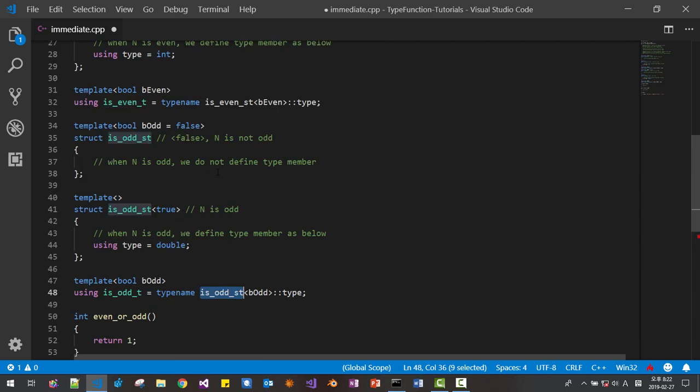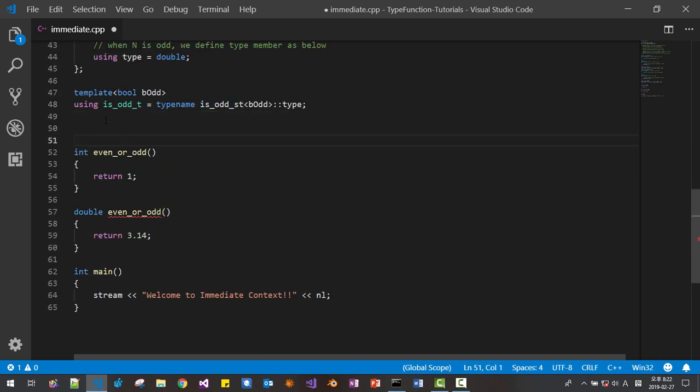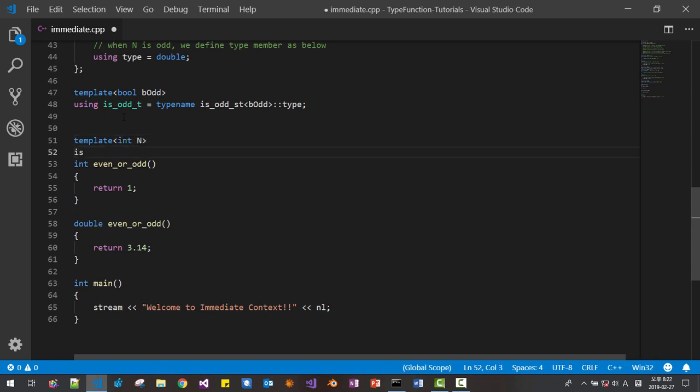With this introduction, we can now overload these two functions like this: template size_t, or we can just say int n, is_even_t, n modulo 2 equal 0. Okay, look at this part. Then we remove int. This is the template return type.